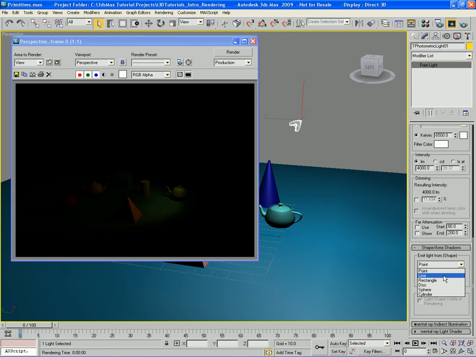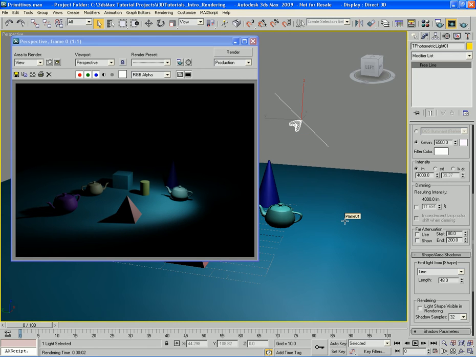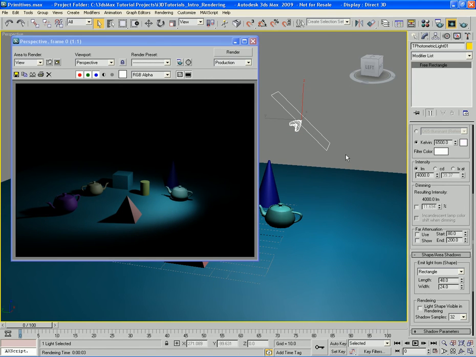We get line, for example, which can give us a little bit more interesting shadows, and it tries to imitate shadows based on a line or a light that's sort of linear, sort of like a long fluorescent light tube. We can also select rectangle here, and rectangle is going to try to simulate light coming in through some kind of rectangular shape, say like a skylight on the ceiling of a kitchen or a room or an attic